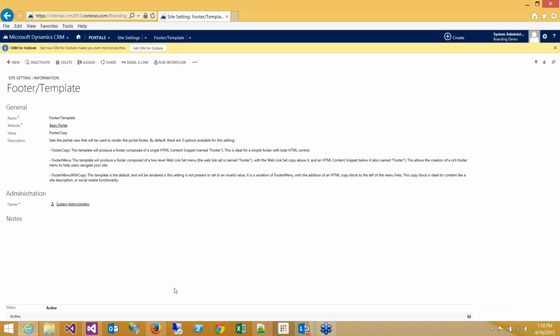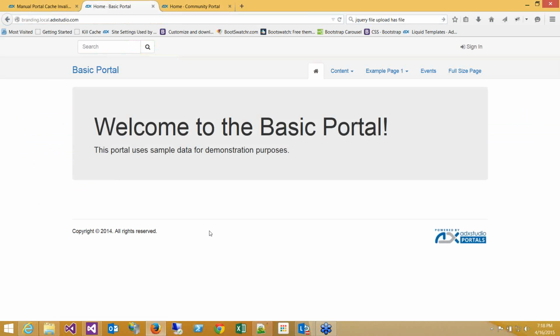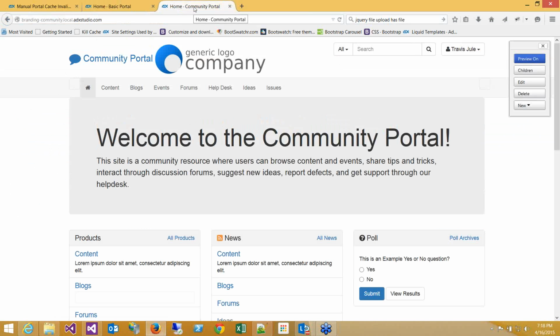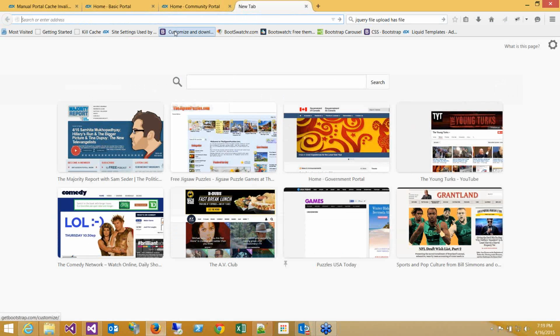So beyond that, the main way we're going to update the look and feel of our site is with CSS. Adxstudio out of the box is Bootstrap compliant. So I can take any Bootstrap theme, or I can create my own Bootstrap CSS, bring it into the site, and it will work. Some quick resources for that is